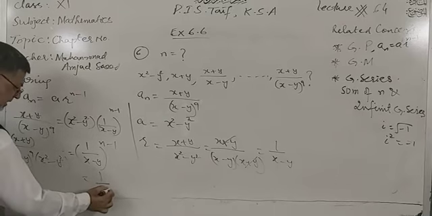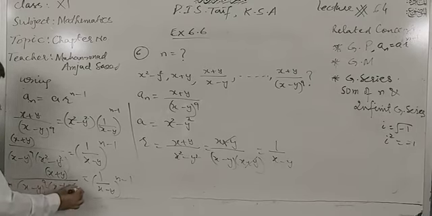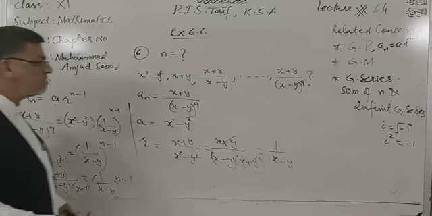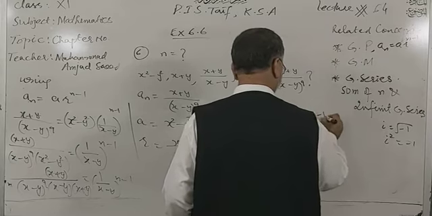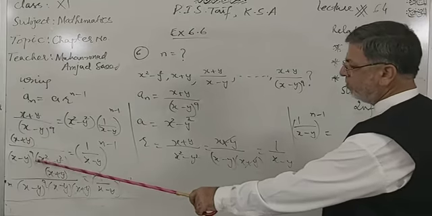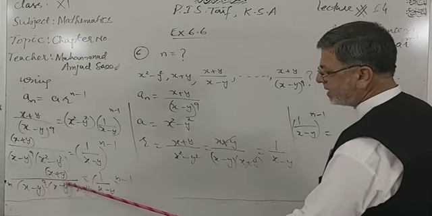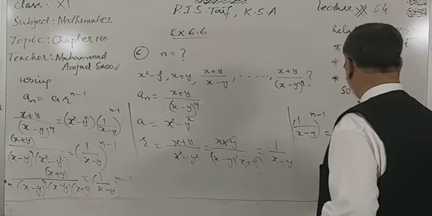This is (1 over x minus y) whole power n minus 1. You know that we can open up the formula x square minus y square as (x minus y) into (x plus y). x plus y cancelled out. Dear students, we are left with now (1 over x minus y) whole power n minus 1, which is equal to 1 over (x minus y) power 9 times (x minus y) power 1. So we are left with 1 over (x minus y) power 10.